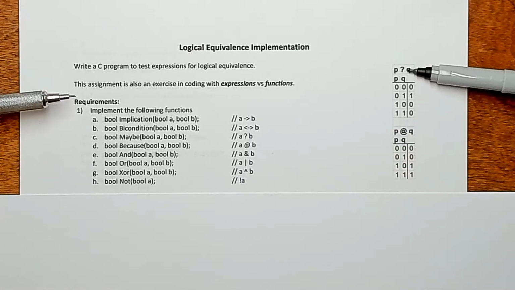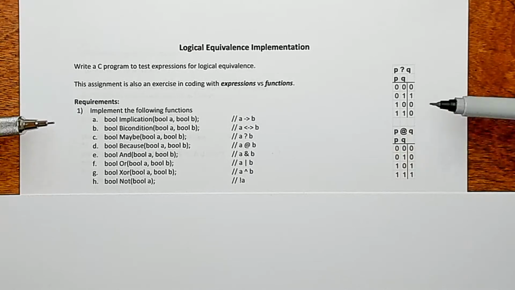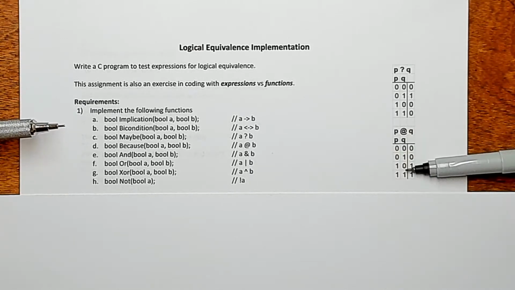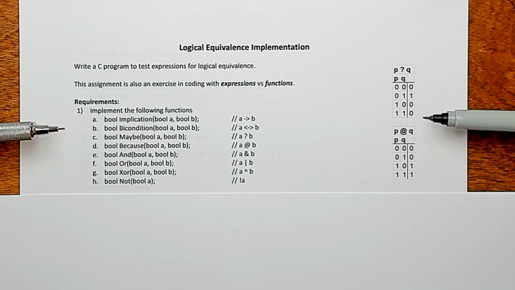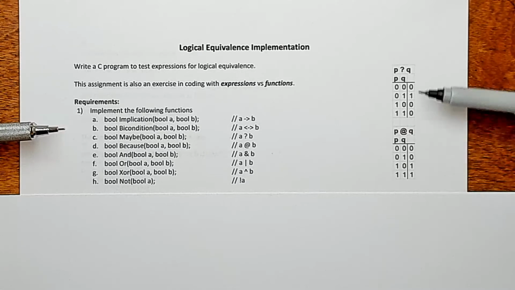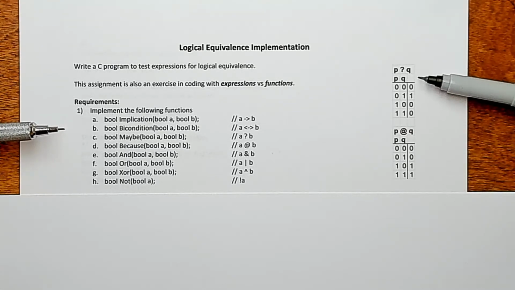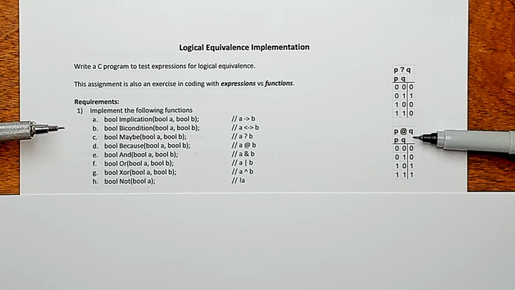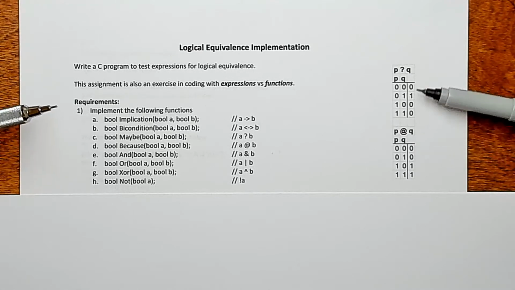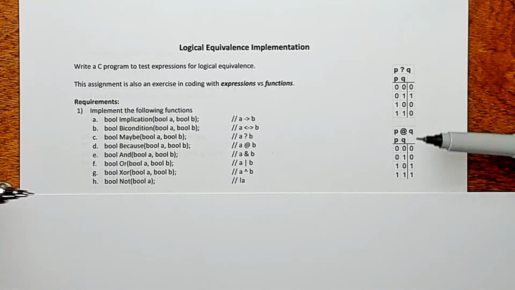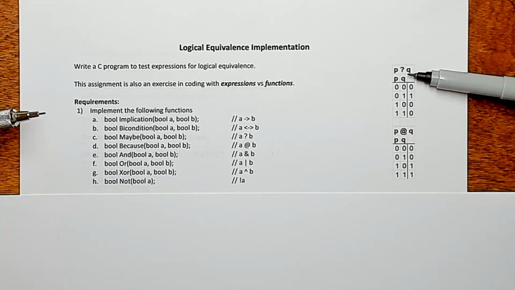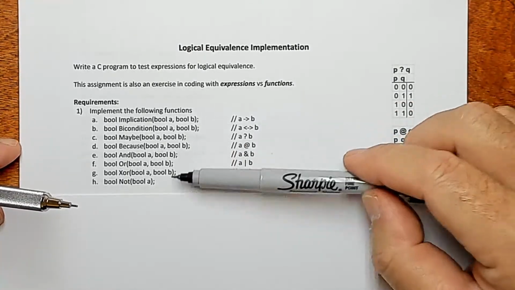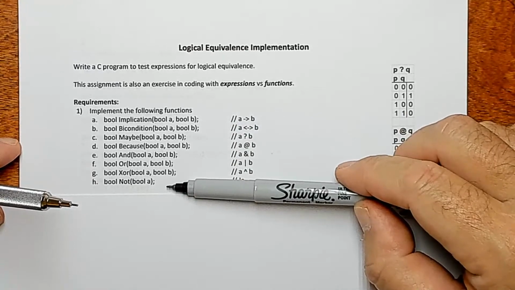And then, but what about because and maybe? People say that all the time. It's just to make the point about how human natural language, and what people say in their verbal arguments, is not particularly crystal clear logic-wise. And this is just to kind of drive that point home. All right? So I just made up maybe and because. So write these functions, get them to work, and then